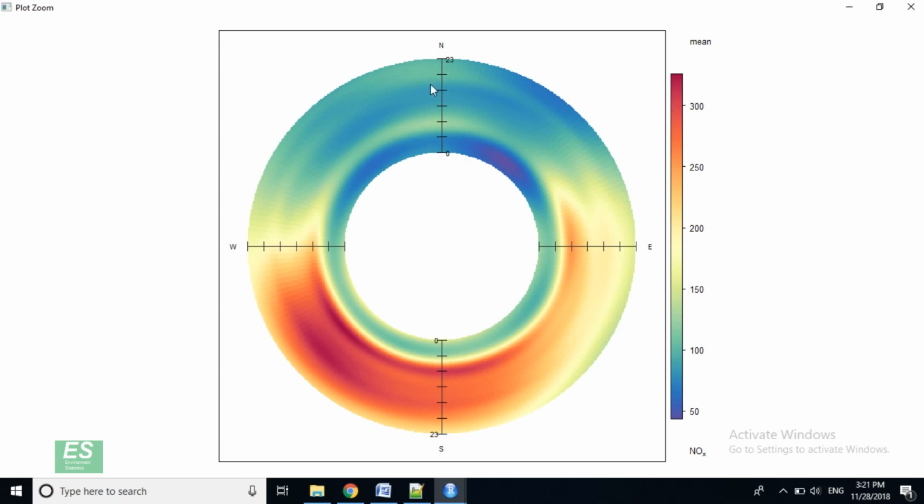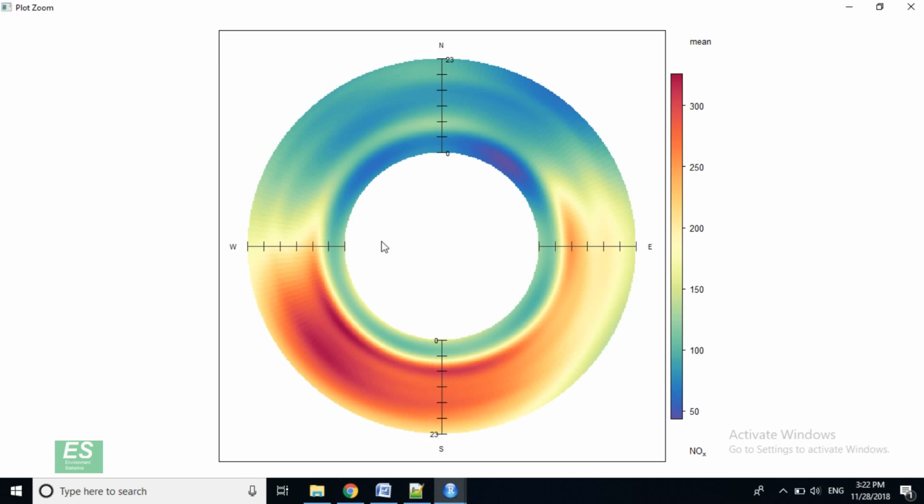So this is 0 to 24, 0 to 23. Then according to wind speed and wind direction, pollution level is also given. So we can see that in the early morning from 0 to say 4 o'clock there is not much pollution. In fact there is no pollution, but after 4, around 6, the pollution level goes on increasing. Then there is again some decrease at night around 11 o'clock.